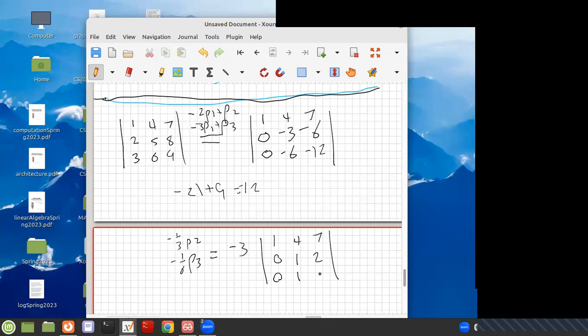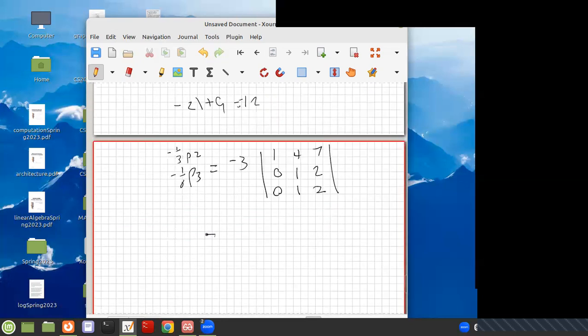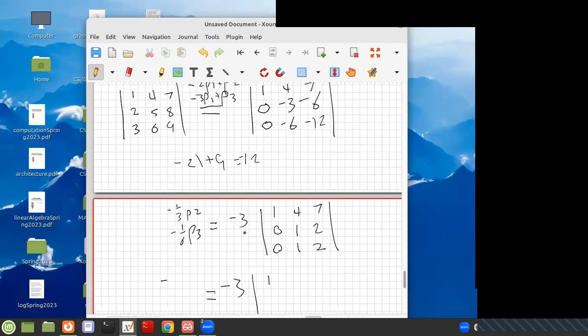Let's see, is that 2, right? And then this would equal -3 times 1. Or we can do, you have to multiply it by -6. Yeah, -6. Okay, times... -3, -6. And then